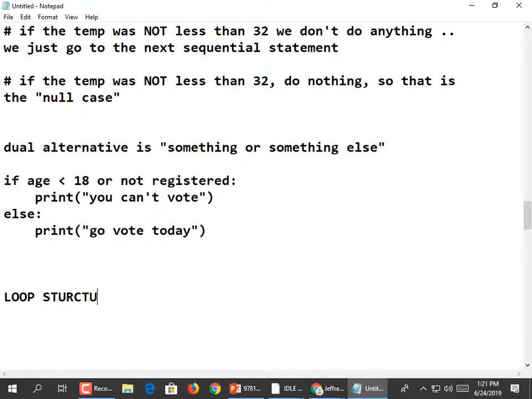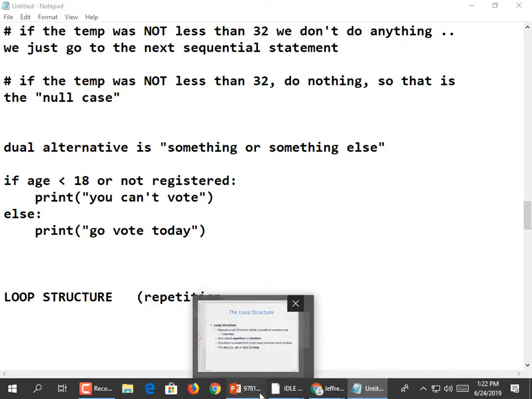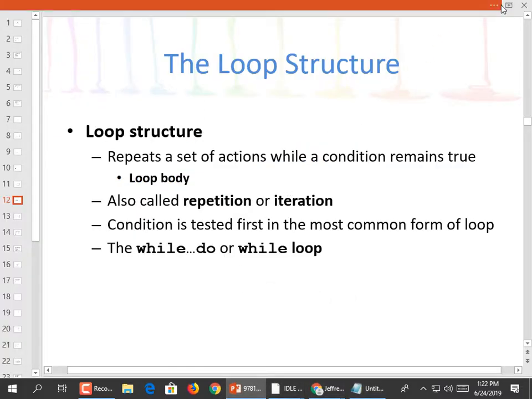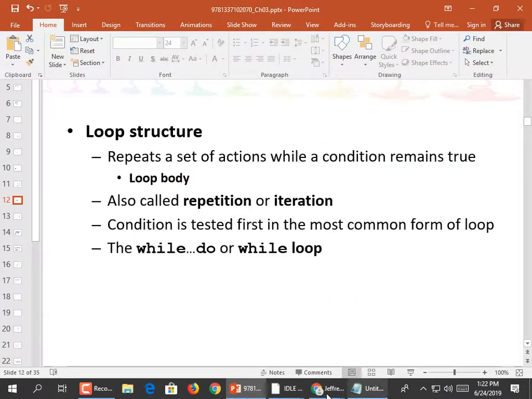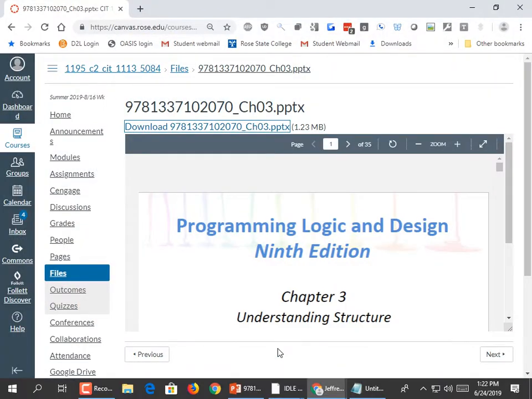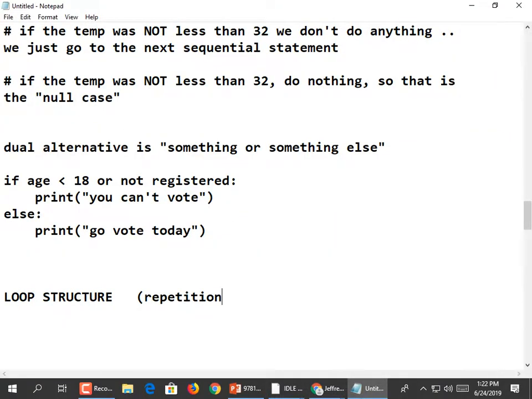Loop structure, also known as repetition. I think they gave one more term for it. Iteration. Okay. Let's throw that word in too. Now we all know what repetition means, but we probably don't think in terms of iteration. That's a nice computer